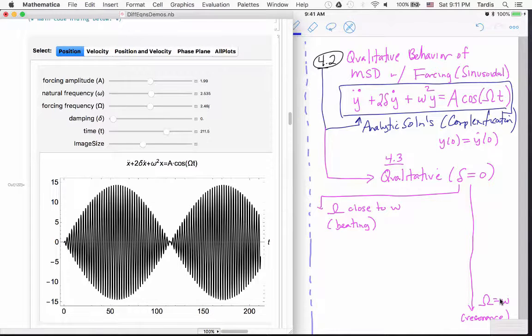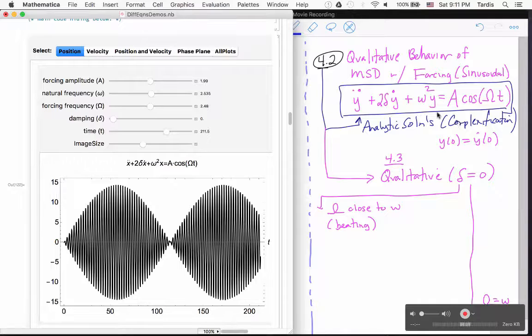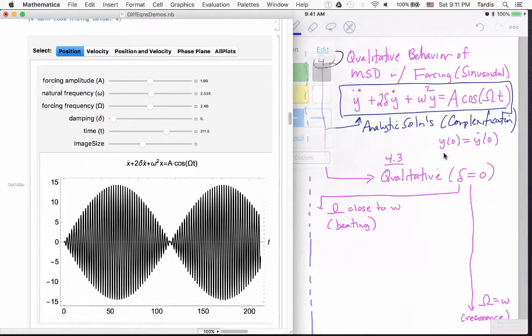In the last video, we looked at exploring the qualitative behavior of the mass spring damper system, as shown right here. We know we can solve this differential equation for various values of A, delta, omega, and capital Omega. And if they're given as specific numbers, you can use the complexification method to find the